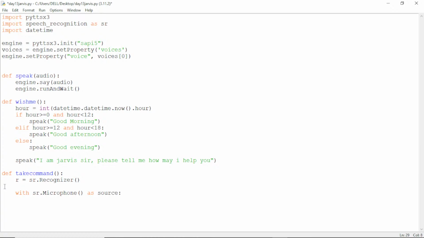Every time this one runs, I am going to call it to adjust. I'll call this r.adjust_for_ambient_noise, for adjusting to the room condition. I'll pass